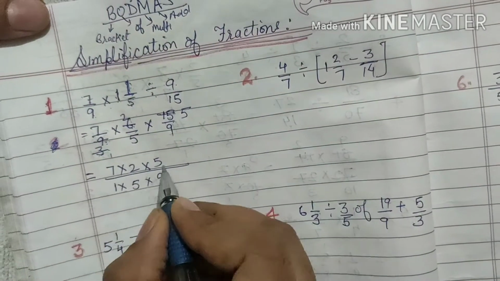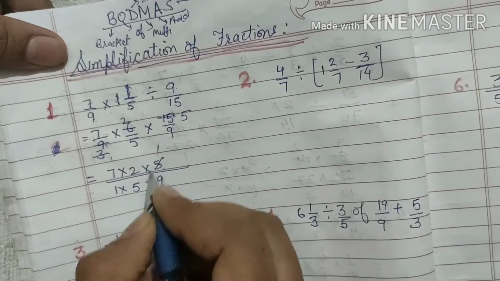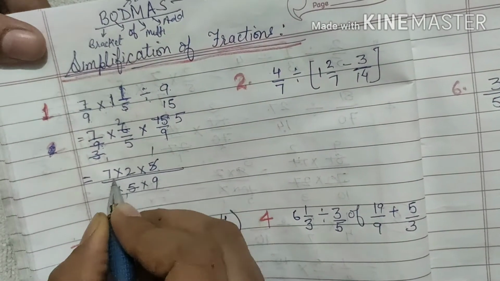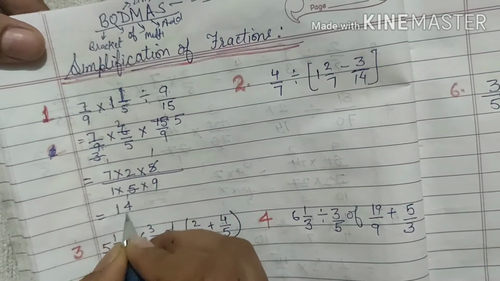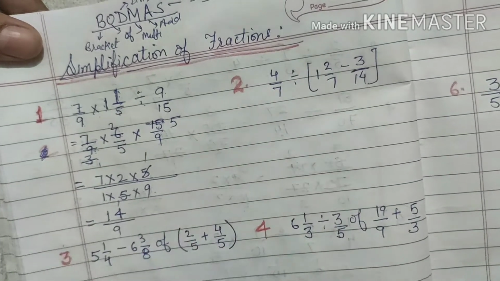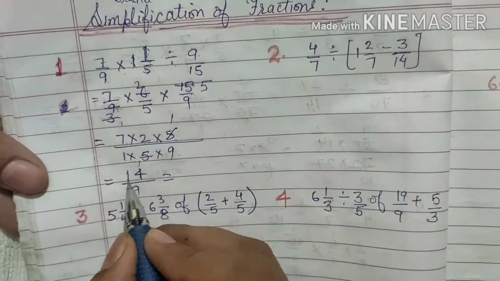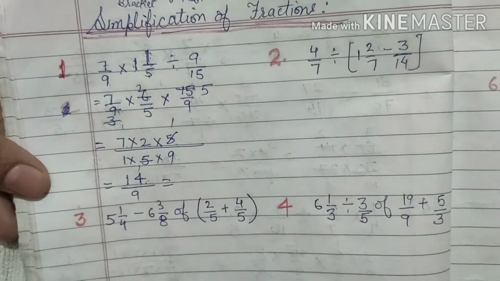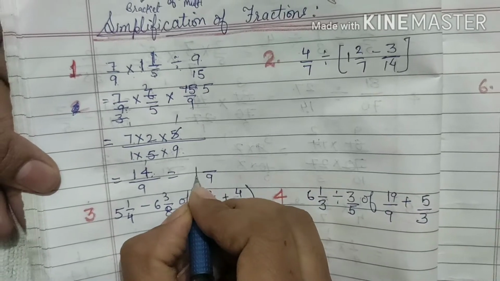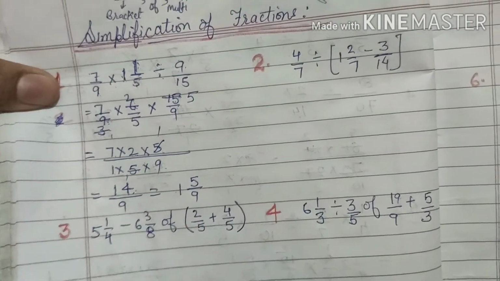Okay, then we will multiply these numbers. This 5 can be cancelled. 5 ones are 5 and 5 ones are 5. What is left now? In the numerator we are left with 7 and 2, so multiply 7 and 2, and in the denominator we are left with only 1 and 9, which is 9. So further it can be written as a mixed fraction. This is an improper fraction, the numerator is greater than the denominator, so it can be written in the form of a mixed fraction. 9 ones are 9 and 9 plus 5 is 14. So this was its answer.